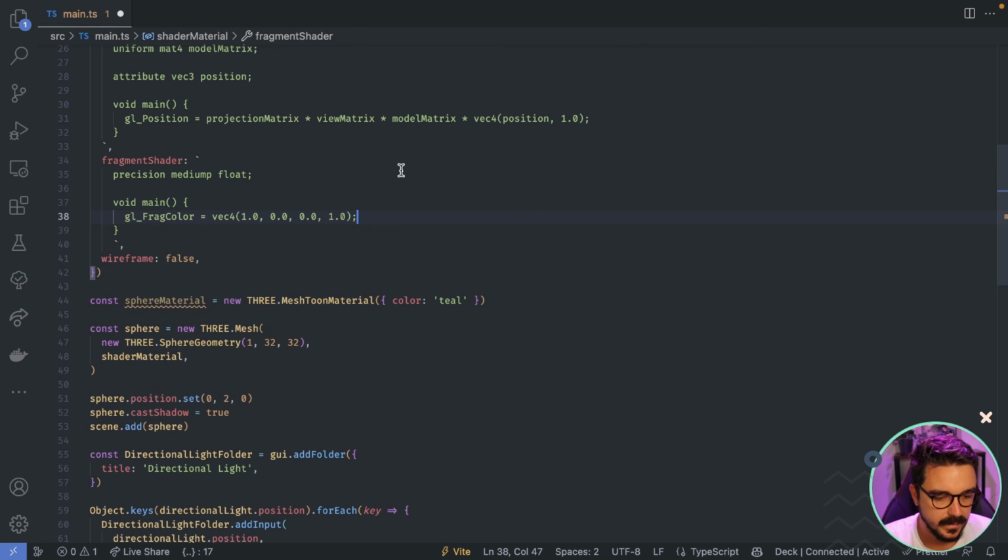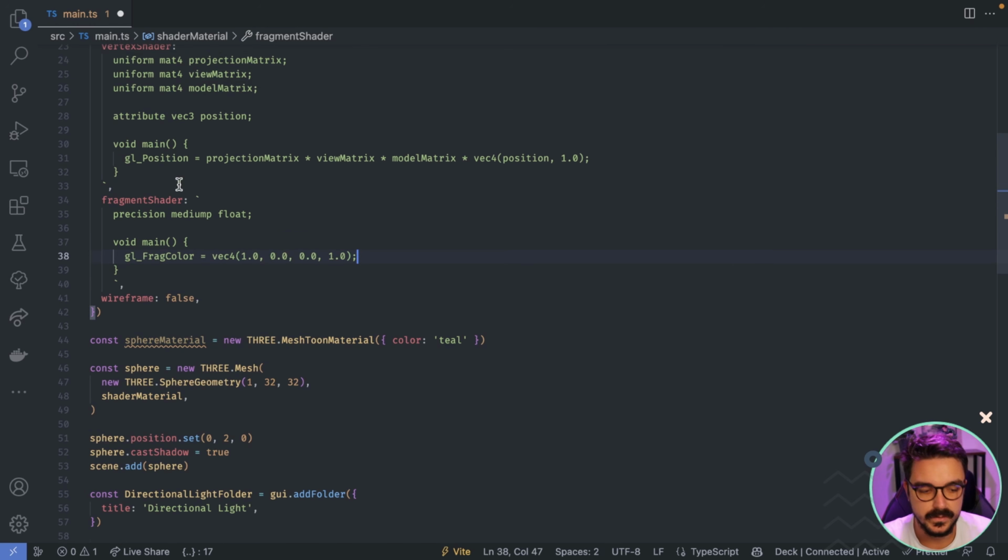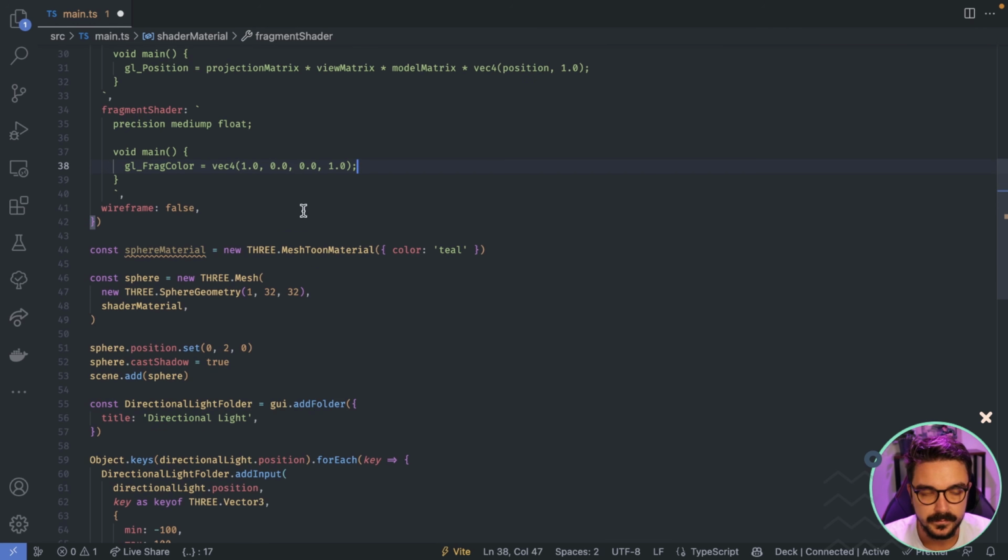So, same as gl_Position, there is a gl_FragColor, which is a vec4. It's important that every float you write has the dot, okay, because if not, it's gonna throw an error. And in this case, let's put the same color that we have, the teal color. So the teal color is gonna be something like zeros, RGB. This is RGB, okay? This is red, green, and blue.